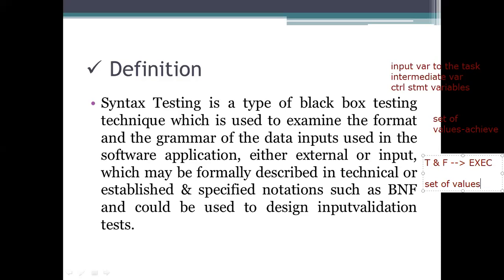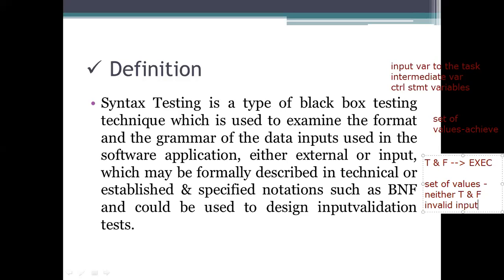The set of values we are considering should be neither present in the true block nor in the false block. Then the values specified in this set can be taken as invalid inputs.